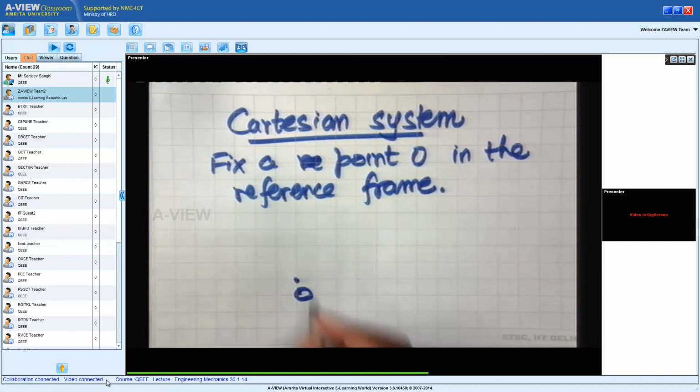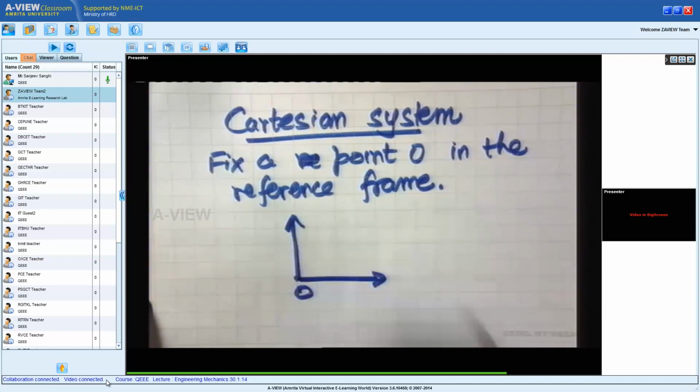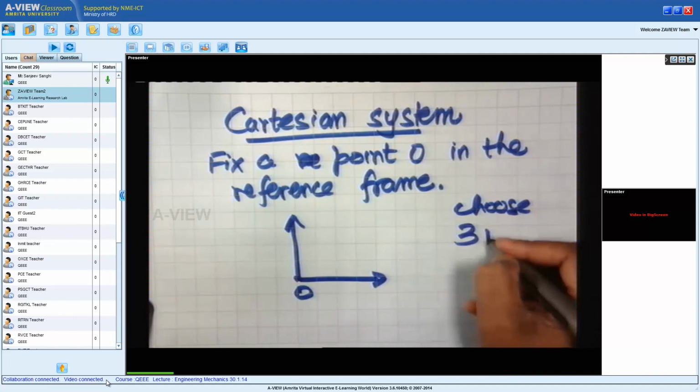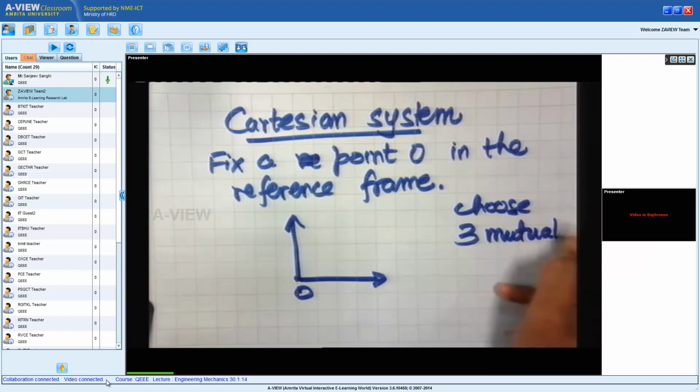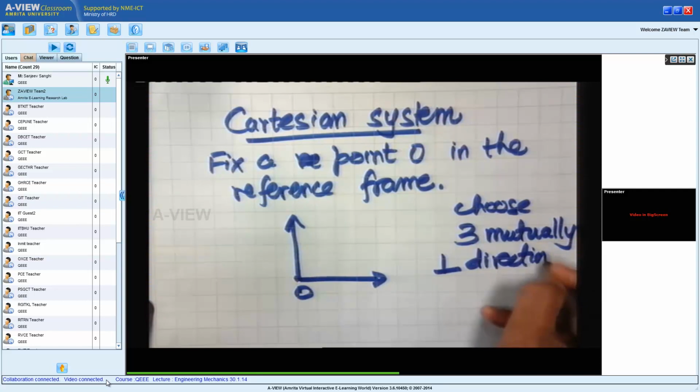And now here we choose three mutually perpendicular directions which follow